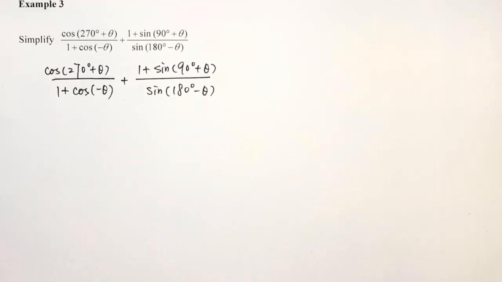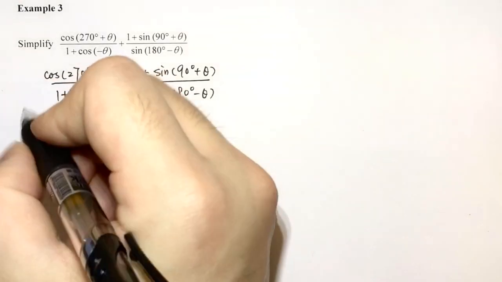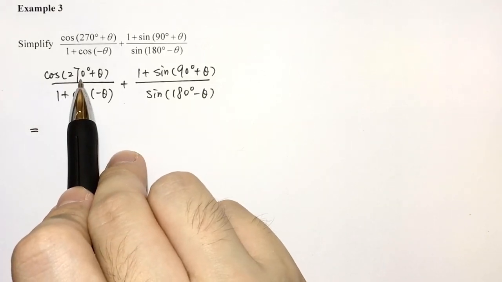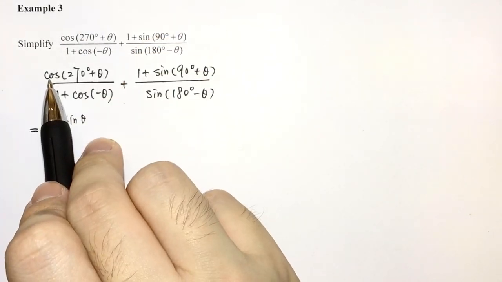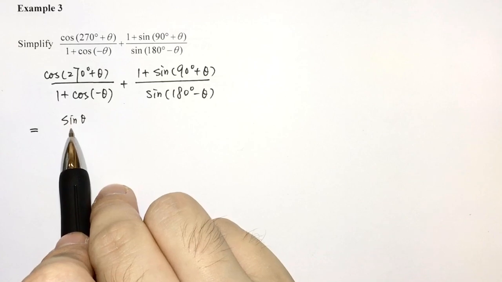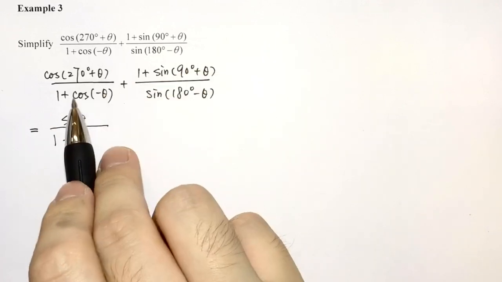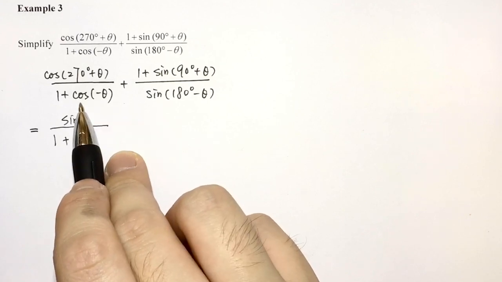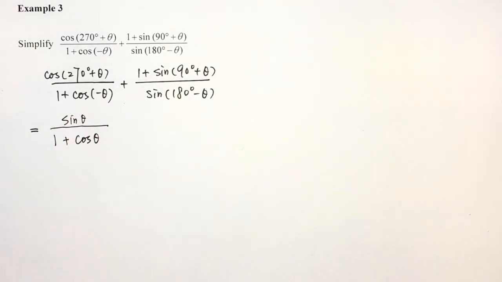Example 3 is something like this. So you copy the question and then you can do it term by term. Numerator, vertical angle change, so we have sine theta. Cosine is the x value, quadrant 4, positive, so we have sine theta as a result over 1 plus cosine of negative theta, horizontal, no change, and also quadrant 4, x value positive, so you can do the 2 steps in one stroke,